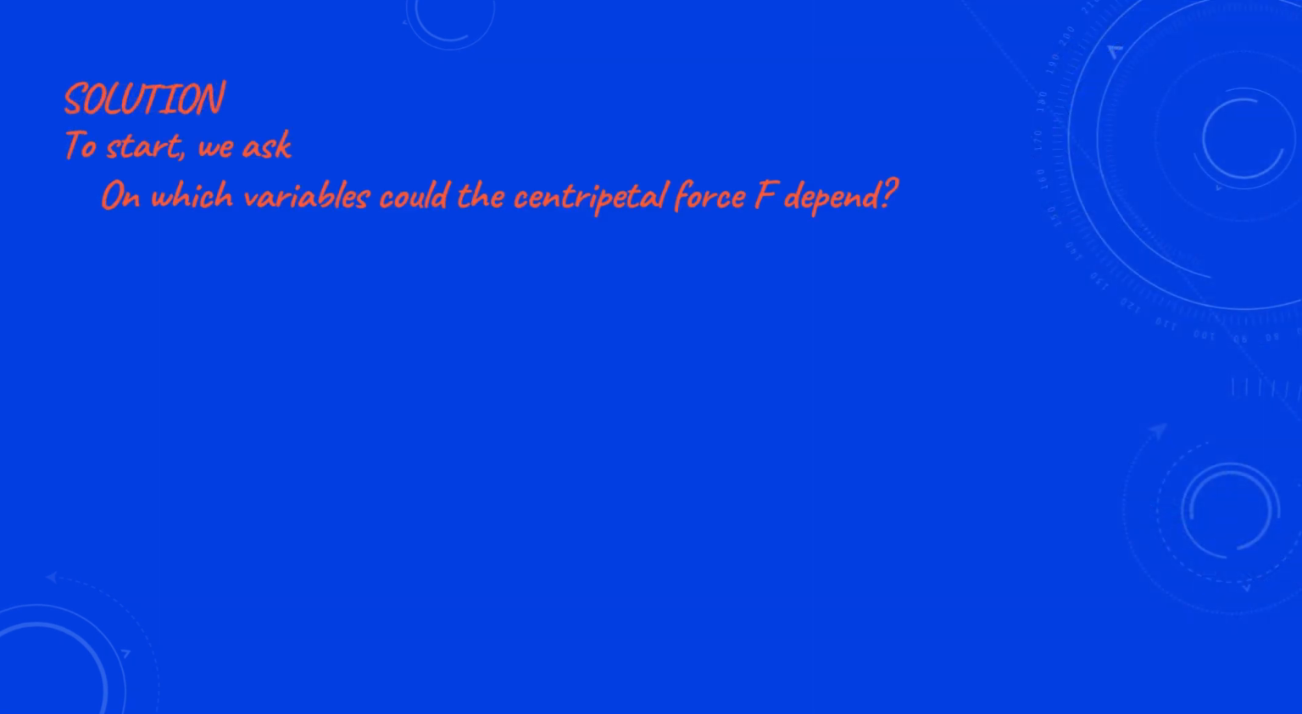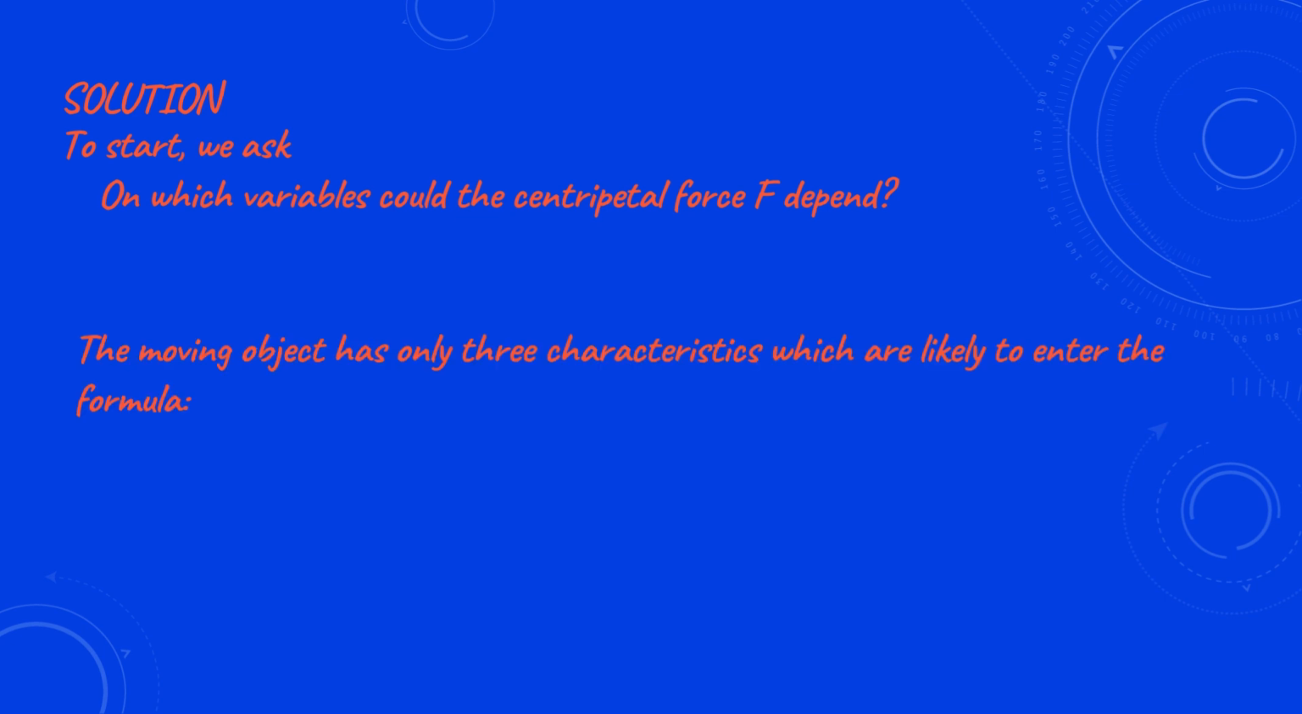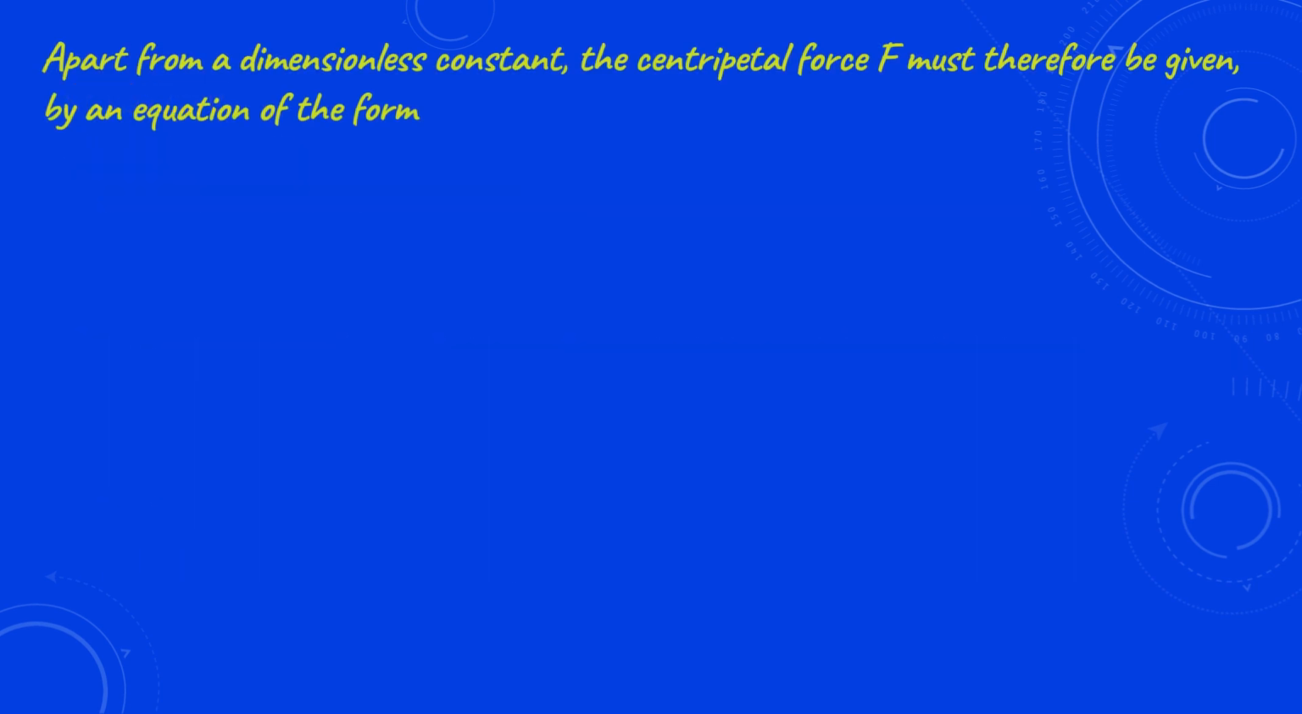Solution. To start, we ask, on which mechanical variables could the centripetal force F depend? The moving object has only three characteristics which are likely to enter the formula. Its mass m, its speed v, and the radius r of its circular path. Apart from a dimensionless constant, the centripetal force F must therefore be given by an equation of the form F equals m^a times v^b times r^c, with a, b, and c numerical exponents to